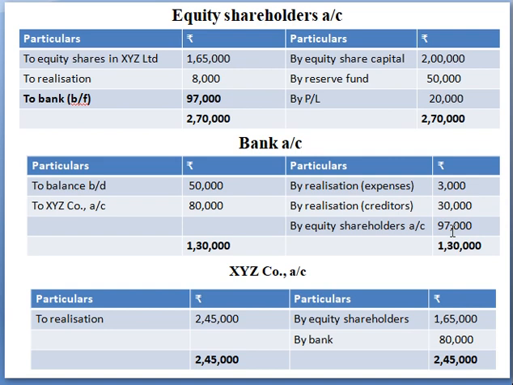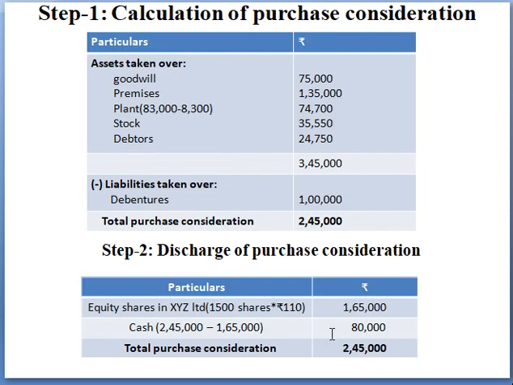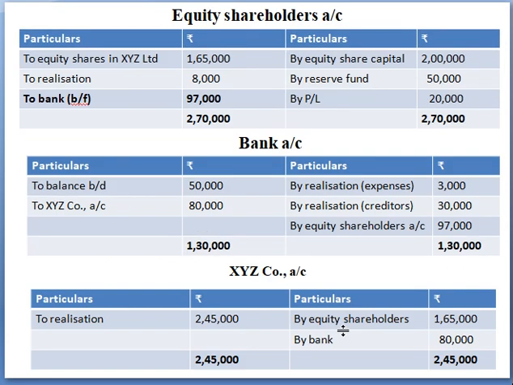So this is over. Now see here, the new company, that is the selling company, receives 80,000 rupees, right? See here, purchase amount 80,000 already. For this, 1,65,000 is received through equity. So we entered in equity shareholders account. And what about this 80,000 cash? It has to be shown in cash account, right? So here the selling company receives what comes in. What comes? 80,000 received, right? Now enter in your debit side to XY company, that is 80,000. Now close the ledger. Your ledger will get balance, will get tally.